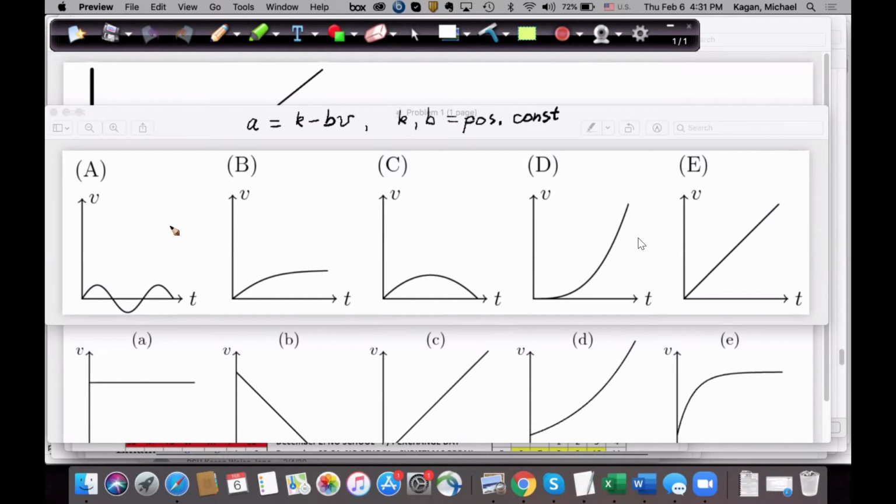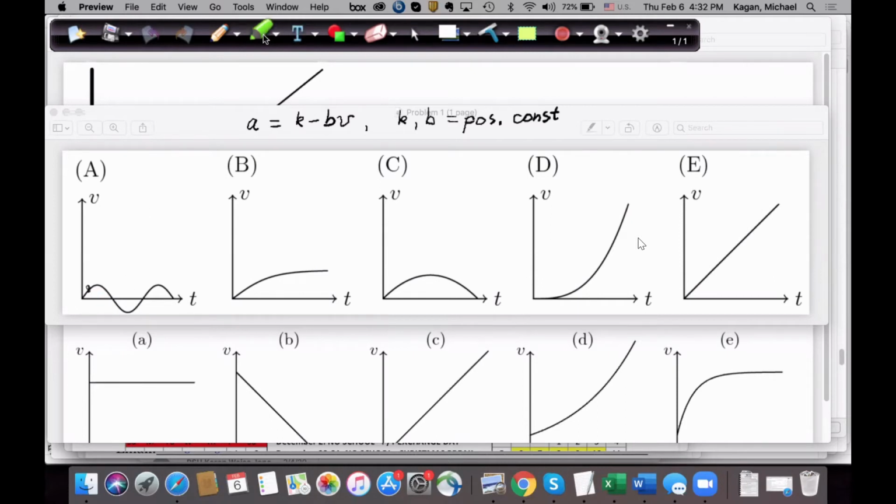Oh, that's an interesting, okay, that's a good reason. Yes, that's nice. So there is another reason. Even if you lift these graphs up, so they never have zero velocities, these graphs still don't work. And here is the reason. When you have a specific value of v, that determines a specific value of a through this equation, right? But what do you see on graph A or C? That if you pick